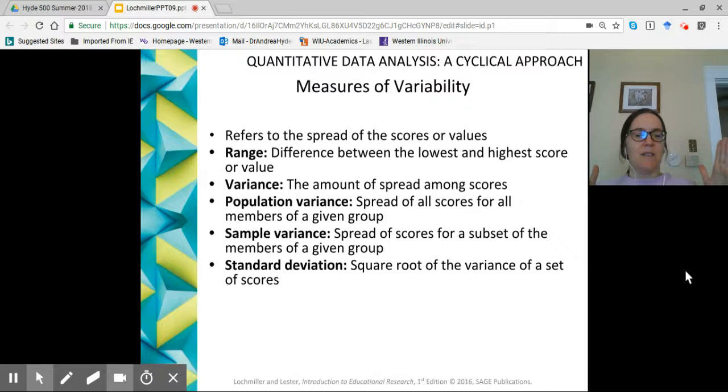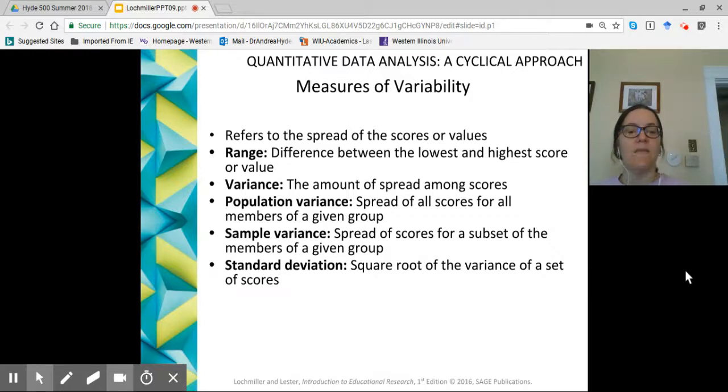And the range is just the difference between the lowest and the highest score or value. So 1 to 10, 1 to 100, whatever you have. And where are those plotted? Like I said, if you're asking somebody about number of meals eaten in a day on a scale of 1 to 10, you're going to have probably all of them grouped around 3. If you're talking about the US,